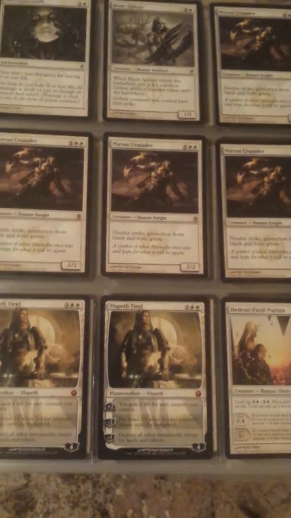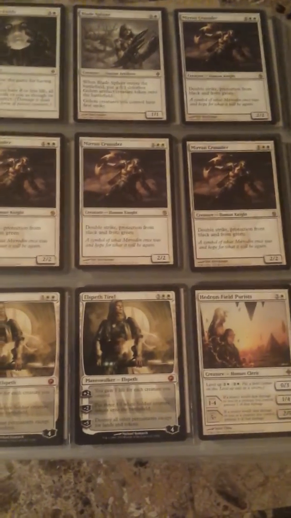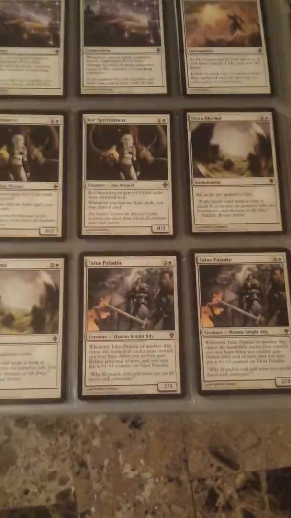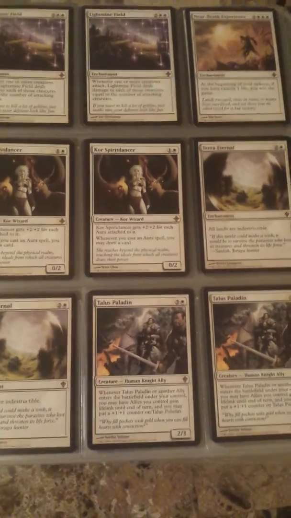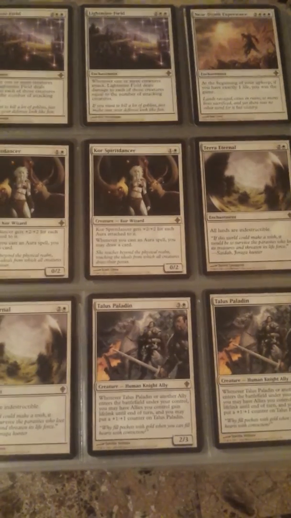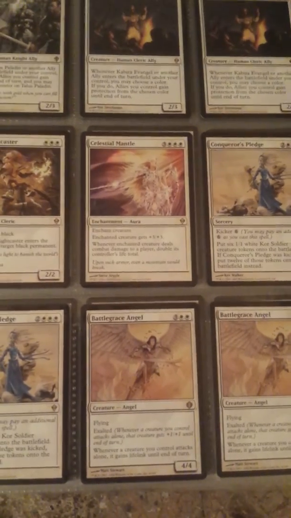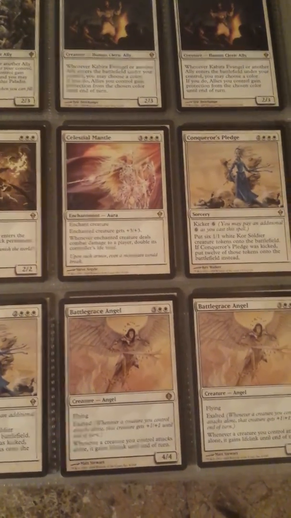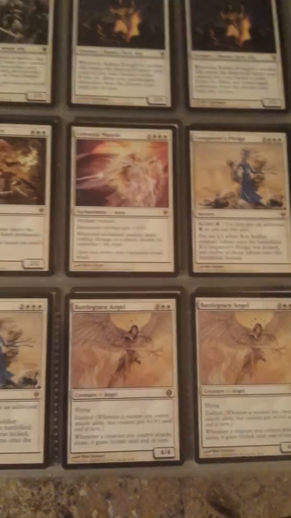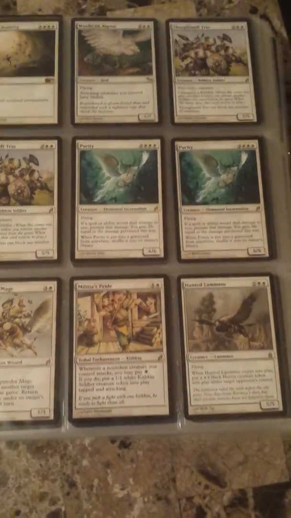I have Phyrexian Unlife, Blade Splicer, 4 Mirran Crusader, 2 Elspeth Tirel, a Hedron Field Purists. There's 2 Lightmine Field, a Near-Death Experience, 2 Core Spirit Dancer, 2 Terra Eternal. There's 3 Talus Paladin, 2 Kabira Evangel, a Devout Lightcaster, a Celestial Mantle, 2 Conqueror's Pledge, 2 Battlegrace Angel,